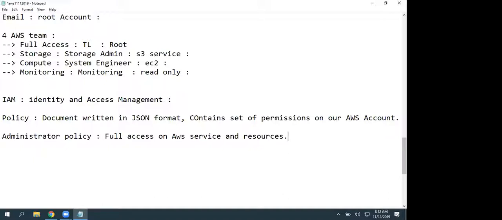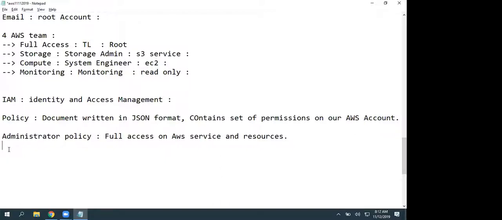He cannot change the support plan. He cannot close the AWS account, but he can launch a service. He can terminate that service. All things related to applications and services he can perform, but not account management. Account management is only for the root user. So don't get confused between root and administrator.